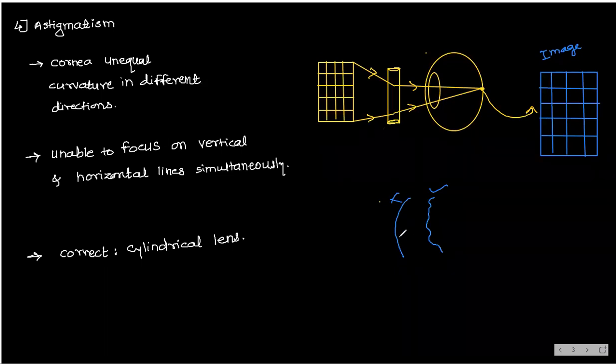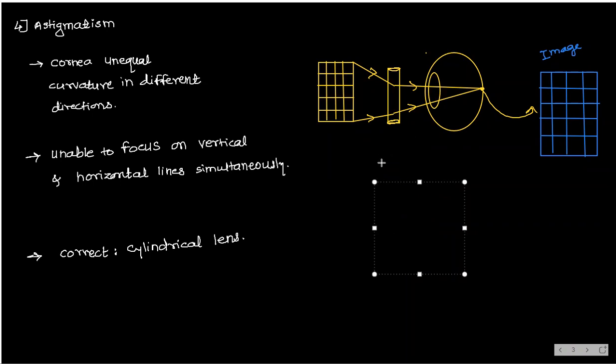Why? Because this curvature is not the same in all directions, so the person will suffer to converge all the rays coming from the object, which are coming from different directions. So it is not possible to focus them to one point due to that curvature. Understood?